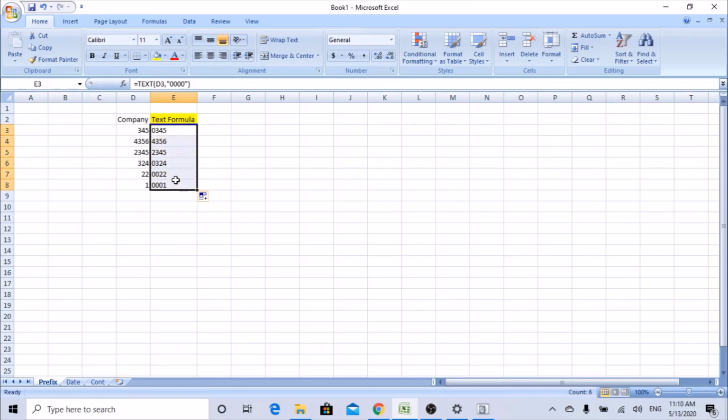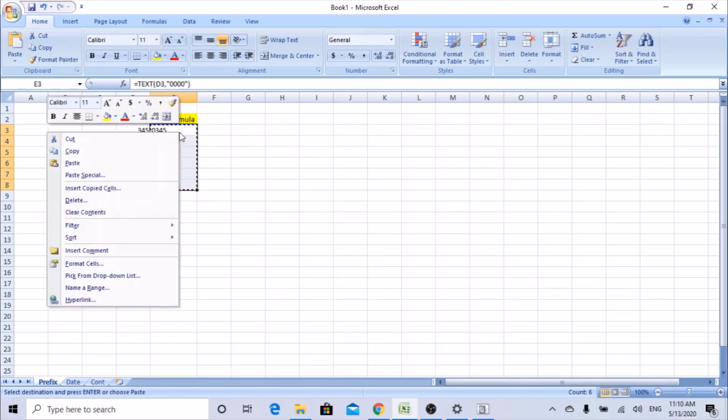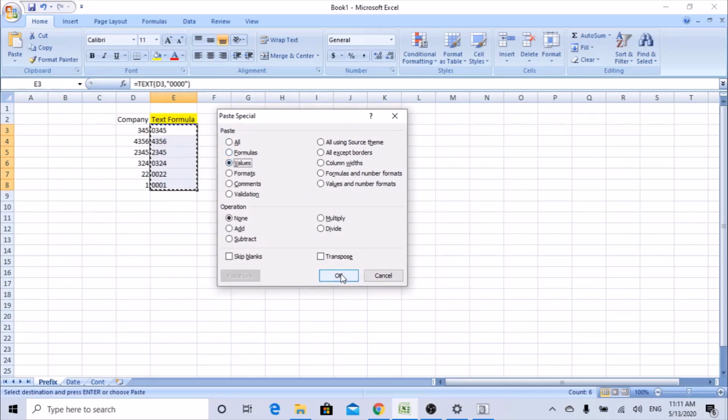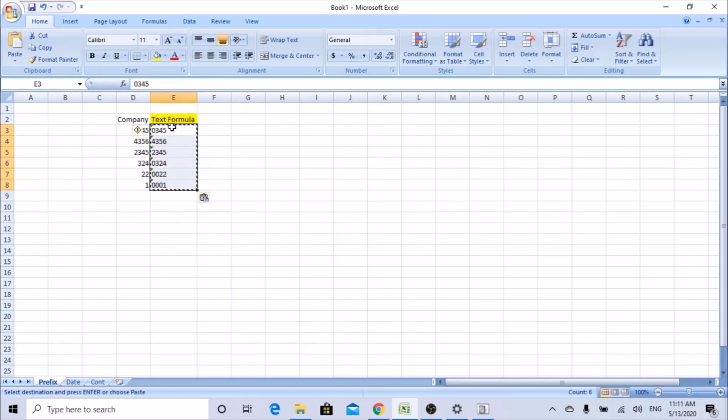Once you have copied the formula, select the range, copy, right click, Paste Special, Values, because we don't want to keep the formula. If you want to keep the formula, you can leave it like that. Now you can see it has taken zeros.